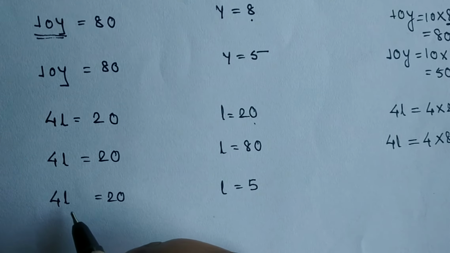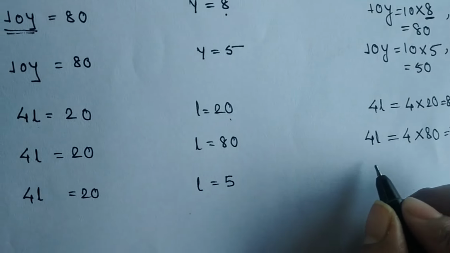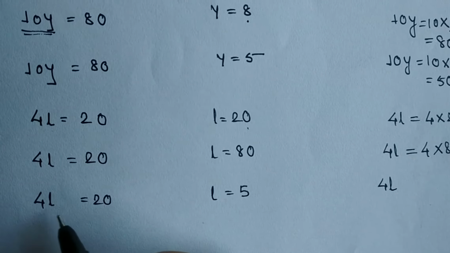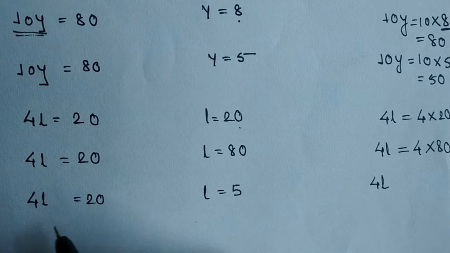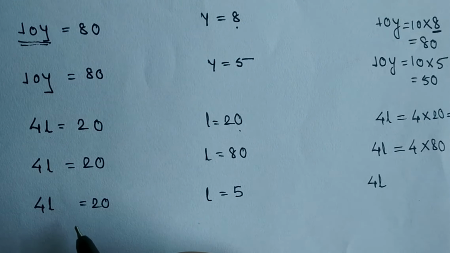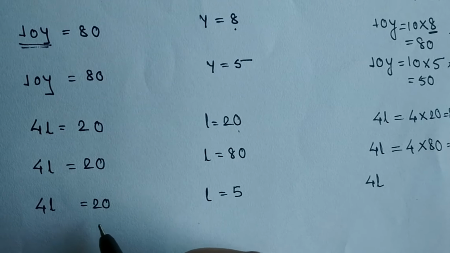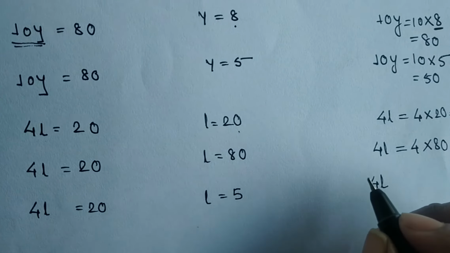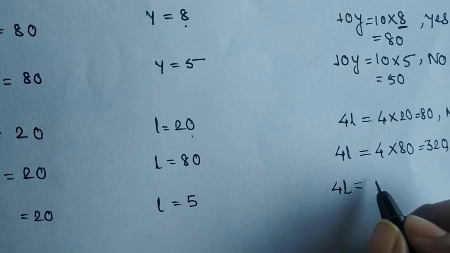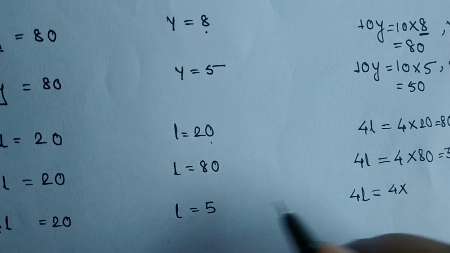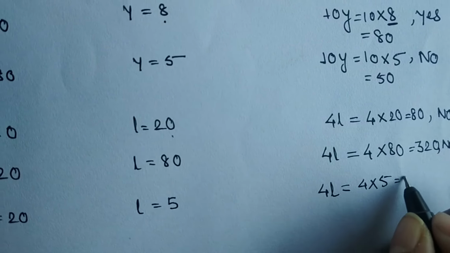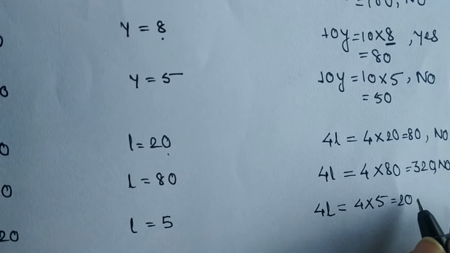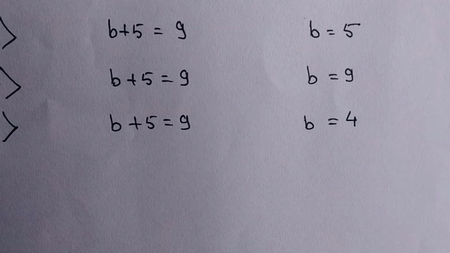Over here the value of L is 5. Now again we will be writing the left hand part. So we will solve the left hand part and then we will check the value which is there on the right hand side. If the value is the same, then we can say yes, it satisfies the given equation, and if it doesn't match, then we will write no, it doesn't satisfy the given equation. So here 4 into L, and the value of L is 5. So we will put 5 in place of L, and we are getting 20, and on the right hand side 20 is there. That means it satisfies the given equation. So we will write yes.